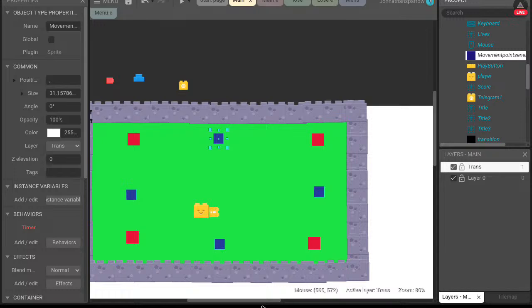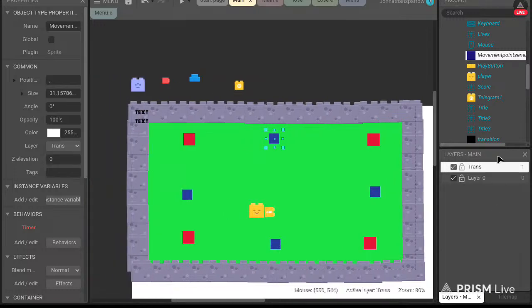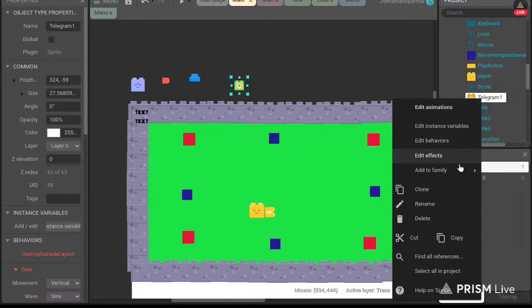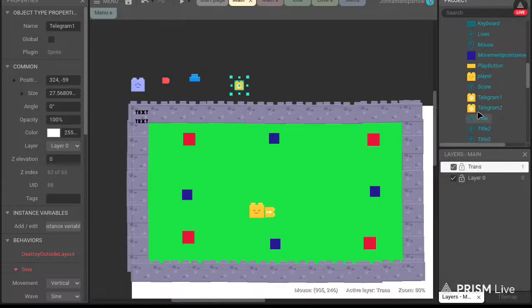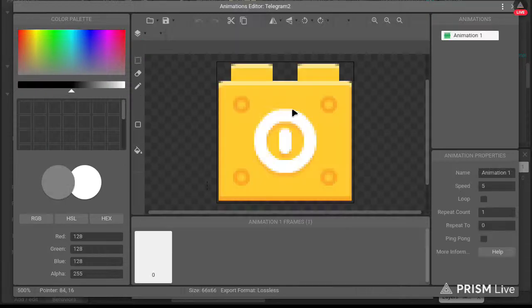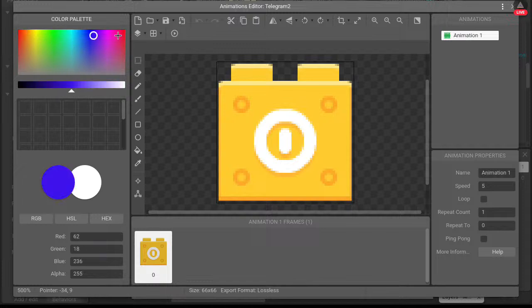So there are a couple things I am going to add right now. I'm going to duplicate the Telegram. See if there's any way to recolor it to another color.